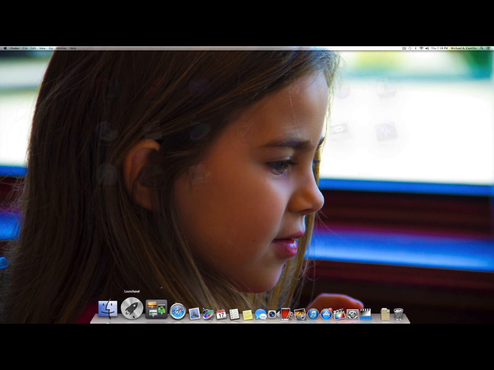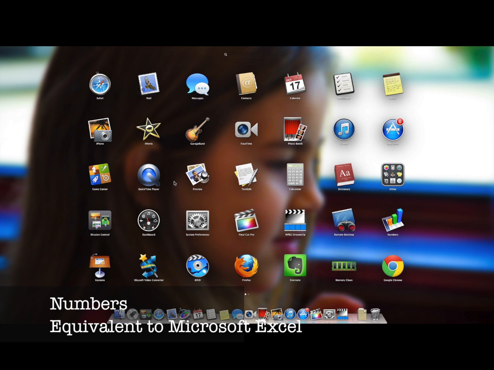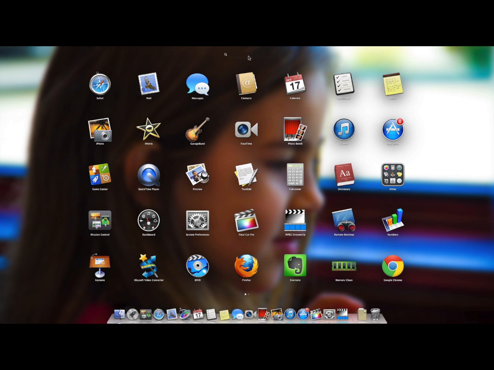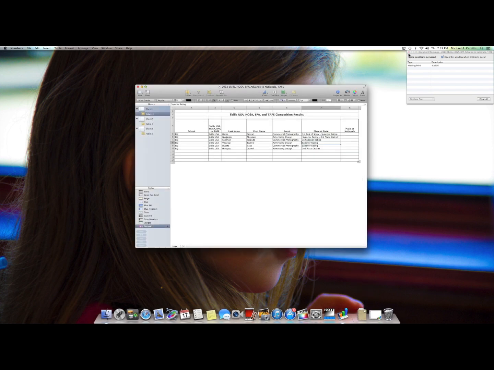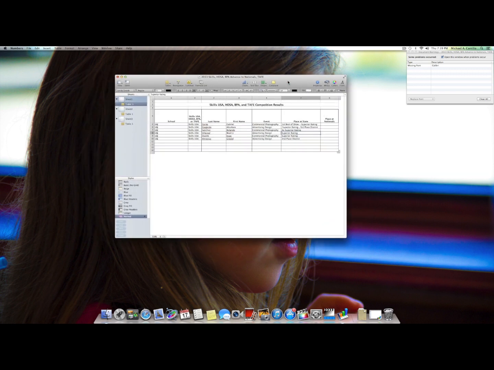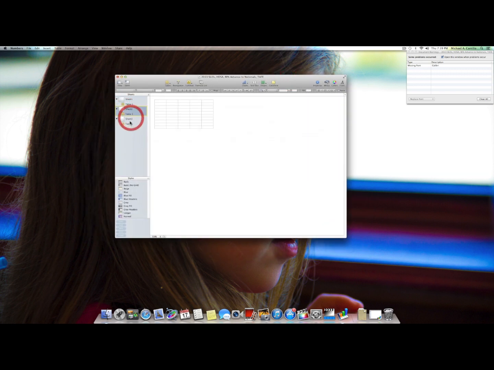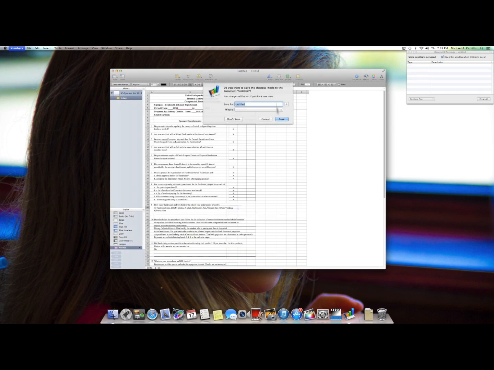One that we have not jumped into yet, because it's going to be in the second 9 weeks, is going to be Numbers. Numbers is going to be extremely useful when working with financing or budgets, which is something I'm going to teach you a little bit about because I think it's extremely important. But for right now, this is basically the equivalent to Microsoft Excel. So notice that's very similar. It has grids. You can organize information. And that's it. Aside from Numbers, the last one you've been spending a lot of time with was